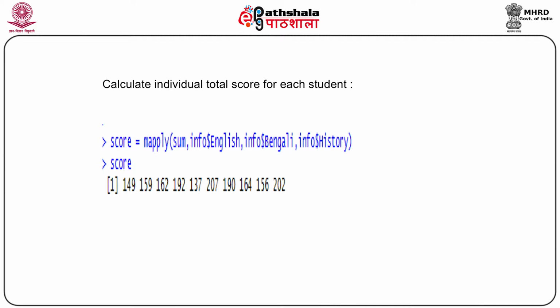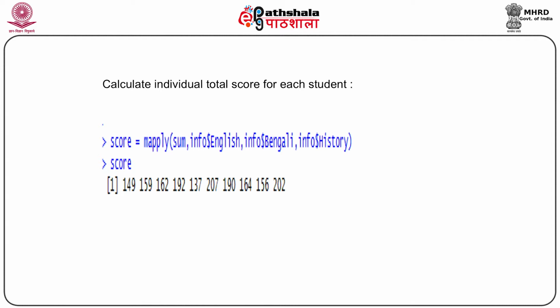Here, what we are doing is that we are writing mapply, then within the first bracket sum, since we are here to calculate the sum of the numbers of the 3 subjects for each of the 10 individuals, and then we will include the 3 vectors that include the scores of the 3 subjects for each of the individuals. Now, the mapply function applies the function sum to the scores corresponding to each of the subjects for each of the individuals, and here is the result, which is indeed the sum of the subject scores for each of the individuals.